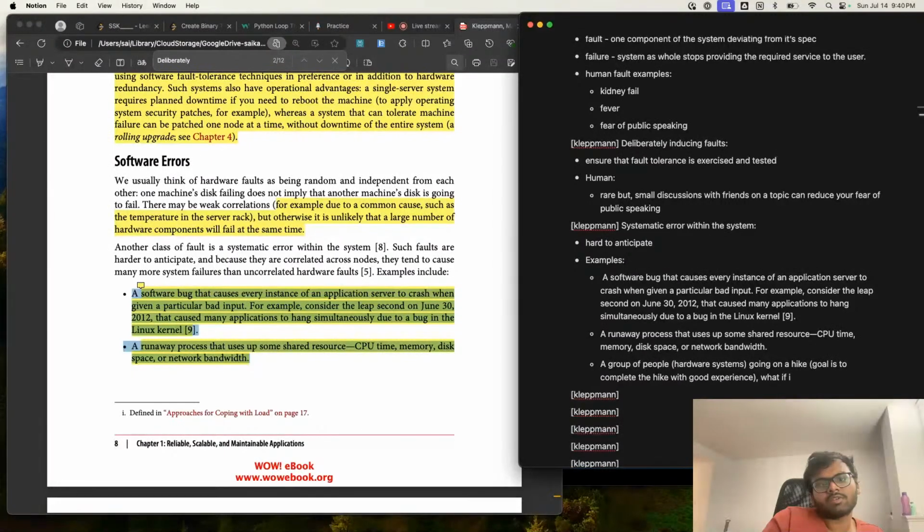What if on the route someone takes a shit, spoiling the experience for others? And the goal is